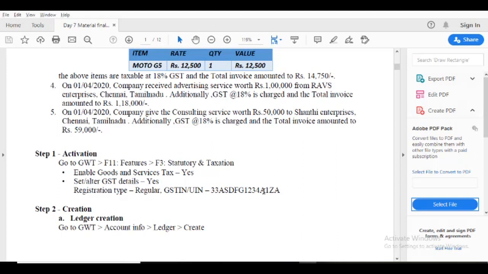If I need a second dummy number, I give the 13th place as B, and if another party's ledger needs a dummy GST number, the third party gets C as the 13th digit, the fourth party D. I repeat the same, only the state code digits change in the next examples.